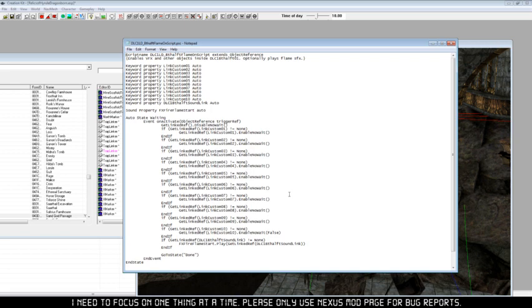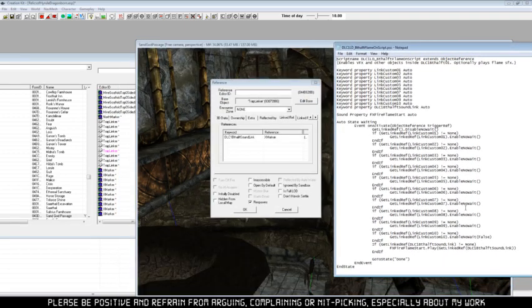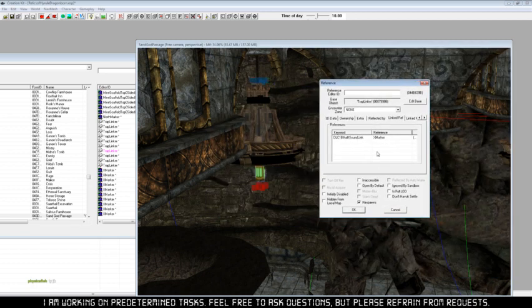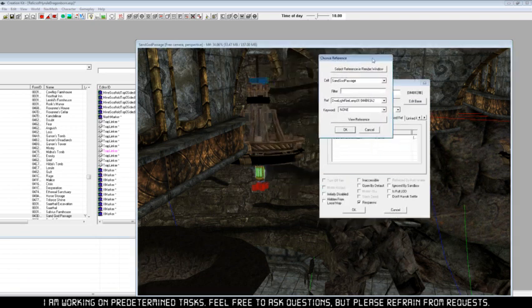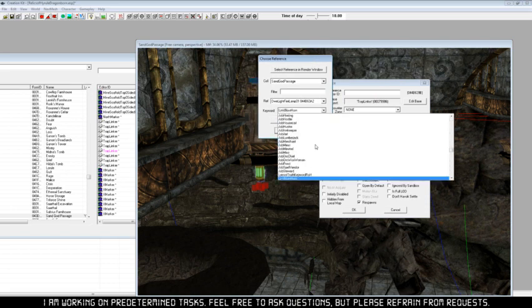Because this script, it looks simple, but it's not super simple. I need to concentrate. That's done. I think I just need to point it to the light. And if it's pointed to the light,